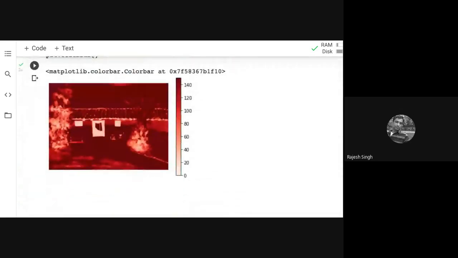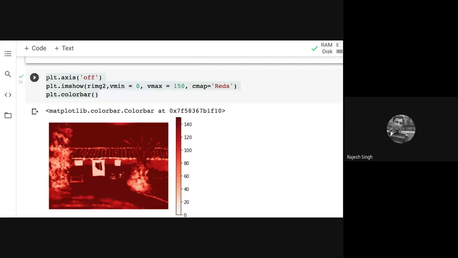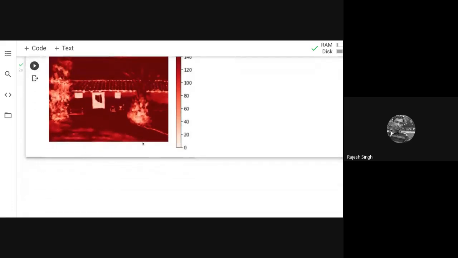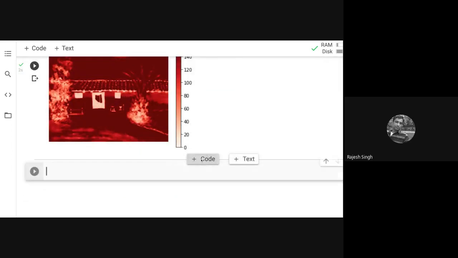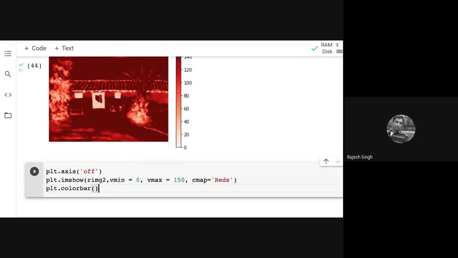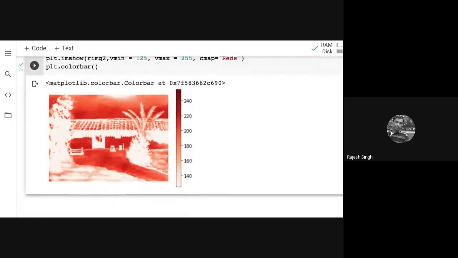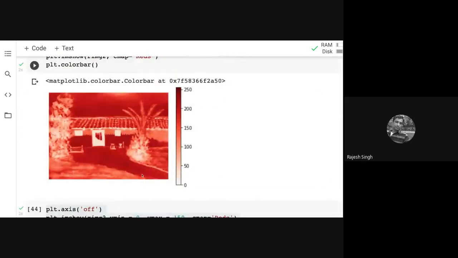Let me manipulate the range otherwise. Now what I'm going to do is put vmax at 255, but I would put vmin as say 125, roughly the halfway mark. So now you will find that all those lower values are eroded.